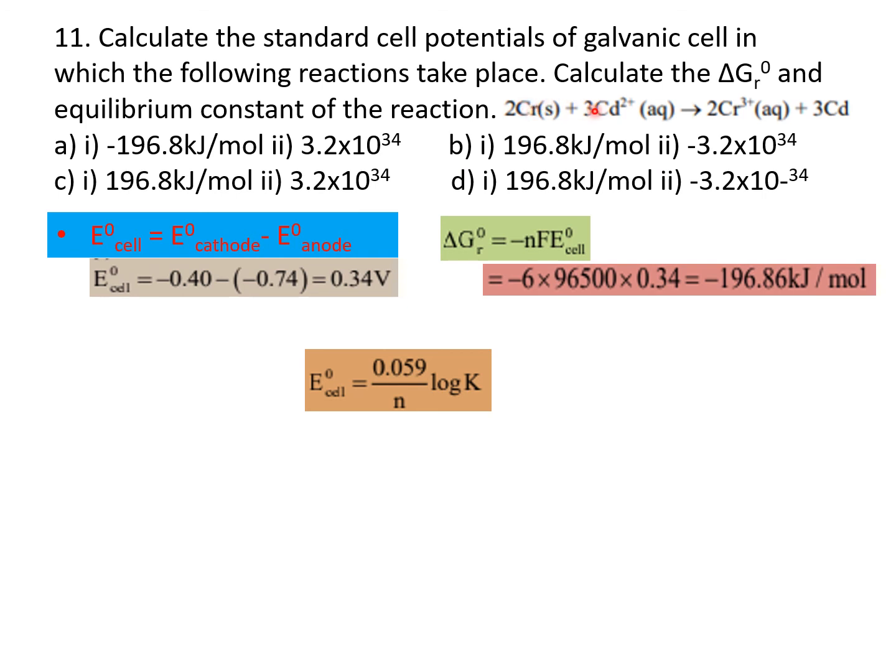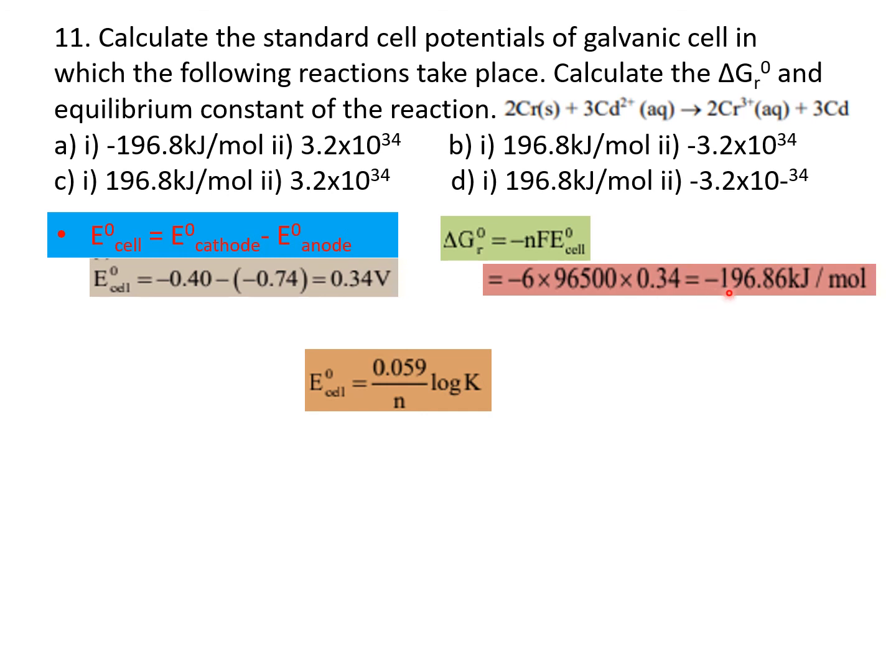See here, the balanced equation is already given, so it's very easy. Whenever the charge is 3 plus, immediately you put 3 over here, then it balances 6 electrons. Then you balance here also, put 2 over here, and it is also 6 electrons. It's an easy method. So how many electrons does cadmium accept? 6 electrons. So 6 electrons into Faraday's constant 96500 into E naught of the cell 0.34,